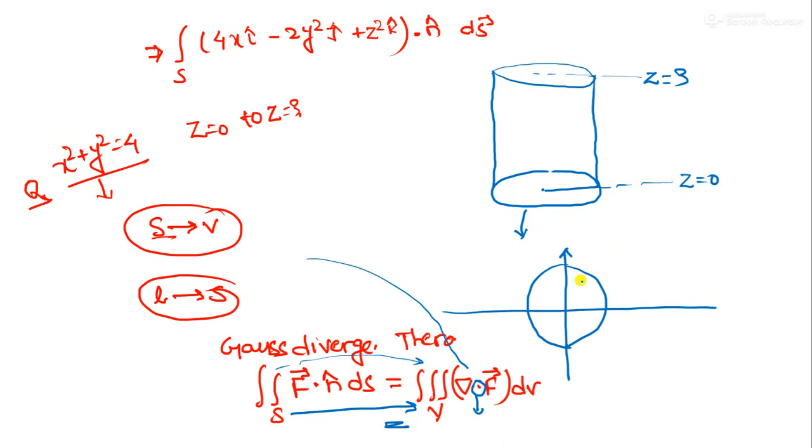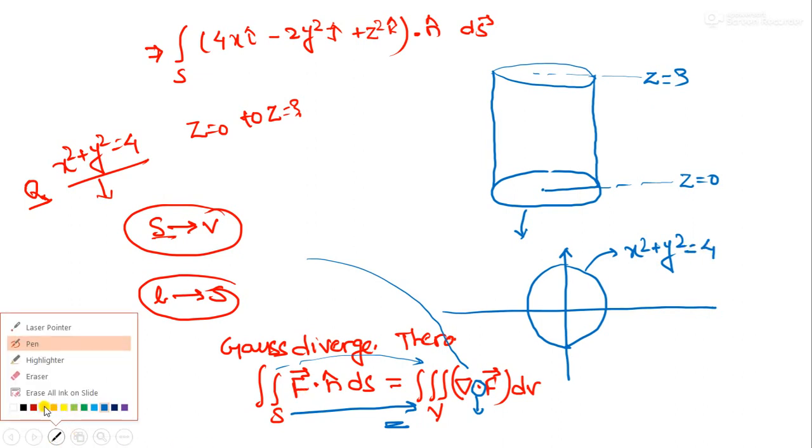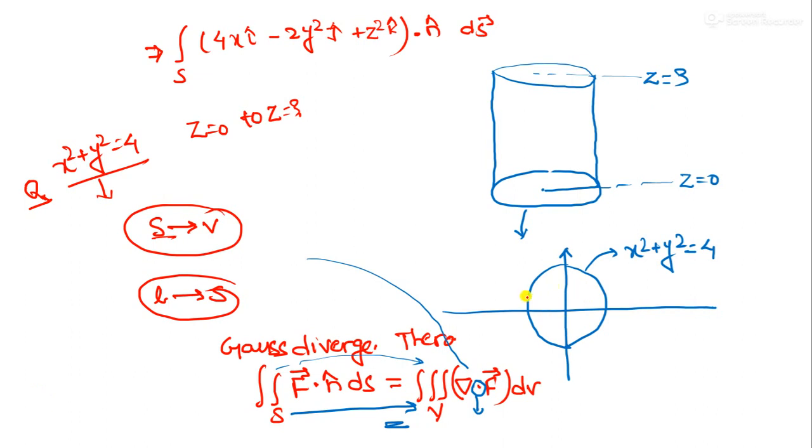Now as this curve has equation x square plus y square equals 4, the circle has a radius of 2. As we need three limits, that is the x, y and z limits, for solving such a problem, you can solve in either way, either the left hand side or the right hand side. But we use Gauss divergence theorem here because it will help me solve this question in very minimal time, and it will reduce the complexity if I were to go to the left hand side.